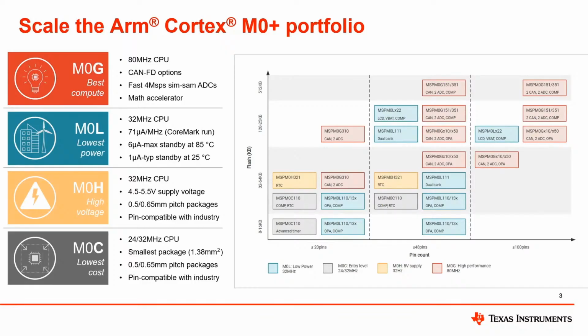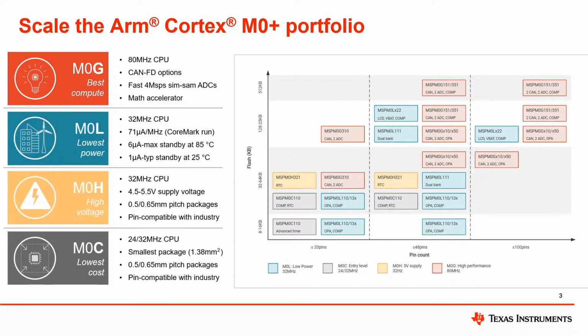Then one more step up, we have our MSPM0L device family. While our whole portfolio is low power, these devices are optimized specifically for low power applications. Perfect for battery constrained and power constrained projects. These devices offer 71 microamps per megahertz in run mode and 1 microamp with retention in standby at 25 degrees Celsius. These devices have a very wide range from 16 to 256 KB of flash and 16 all the way